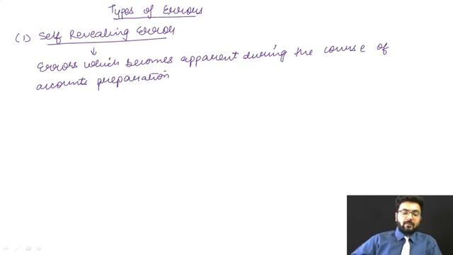So if I talk about a check, the check was basically issued, but that got omitted. While preparing the bank reconciliation statement, you will immediately come to know that yes, this check was issued, but it has not been encashed. So you will come to know about such kinds of things which are self-revealing. You will immediately know that yes, this is missing. Right? Self-revealing.